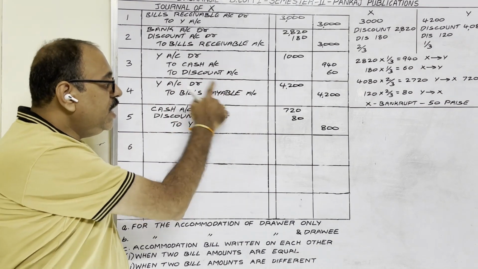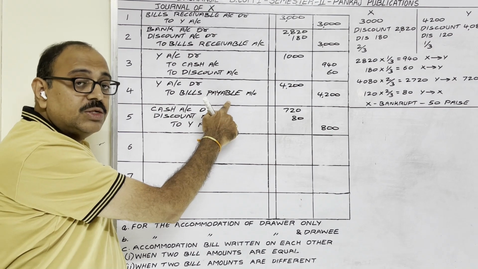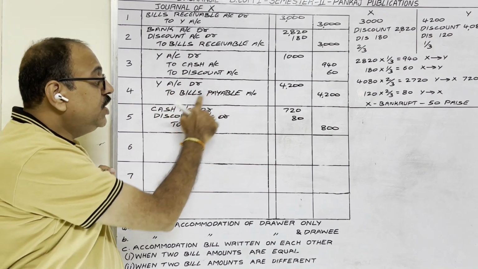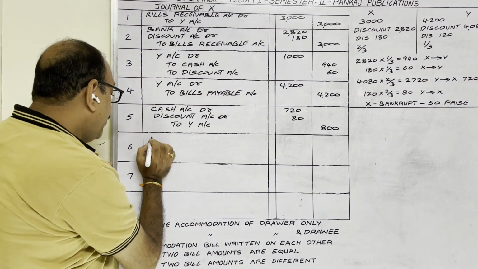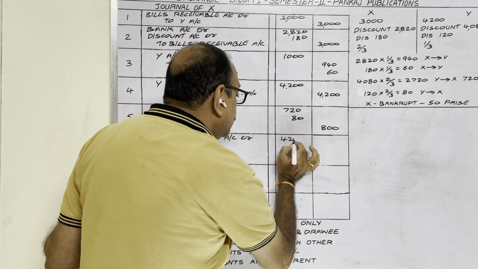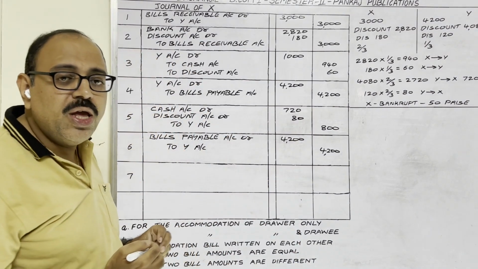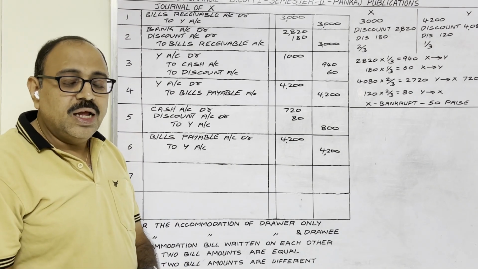So how did we create this bill? By writing this entry. Now how to cancel this bill? By writing a reverse entry of this entry. Bills payable account debit to Y account. Amount same, 4,200 rupees. So remember, when the drawee becomes insolvent and is unable to honor the bill, then that bill we